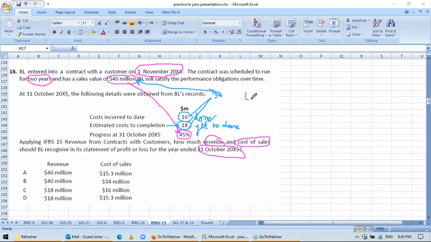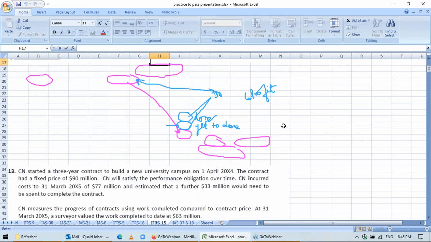So out of the 6 million profit, you can recognize 45% right now. Right? So according to this, I'll be recording the revenue and cost. So the revenue that I will be recognizing,